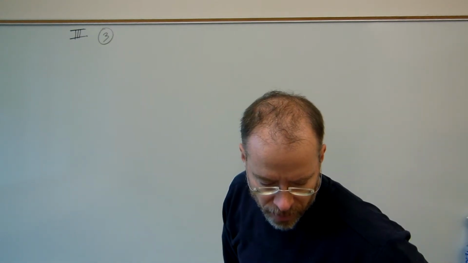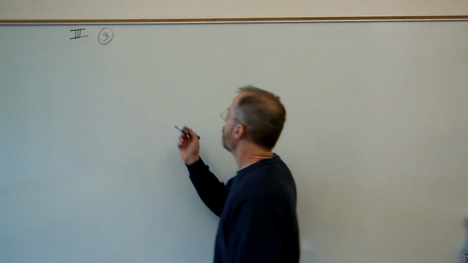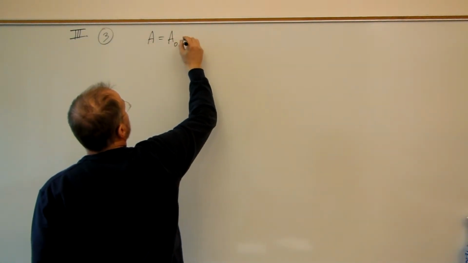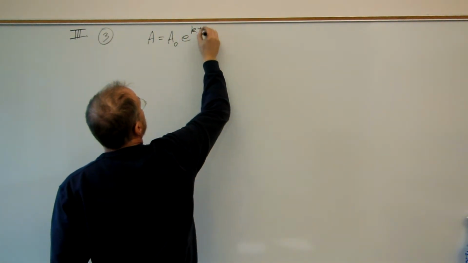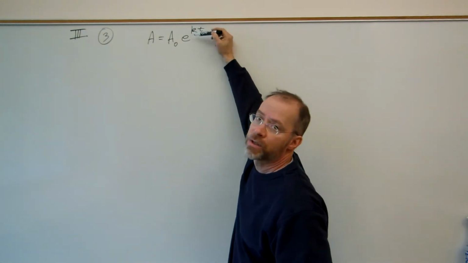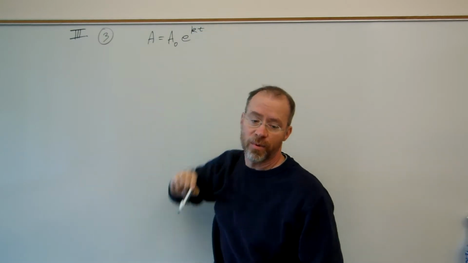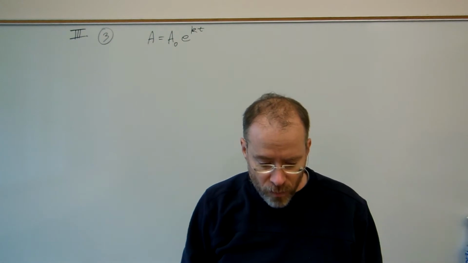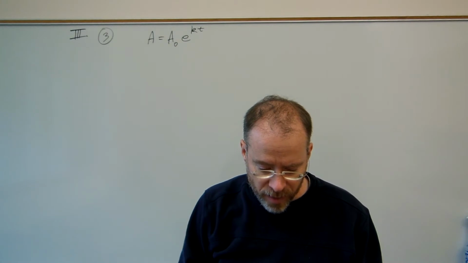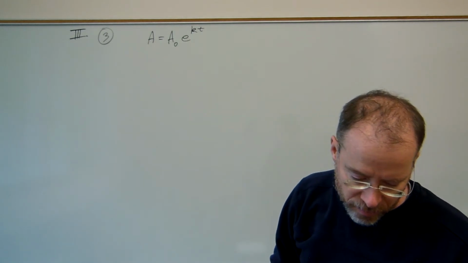So here's an example where we've got decay rather than growth, but you can still use that basic model. The ending amount's the initial amount times e to the kt, and the only thing that's weird about the decay situation is k, the continuous rate of increase or decrease. This will be negative in this case because I've got a decrease of a certain percent per year. We have to work out what that is, however, and the information we have is that radioactive potassium has a half-life of 1.3 billion years. So let me try to put this into this